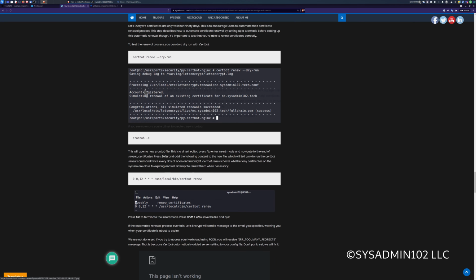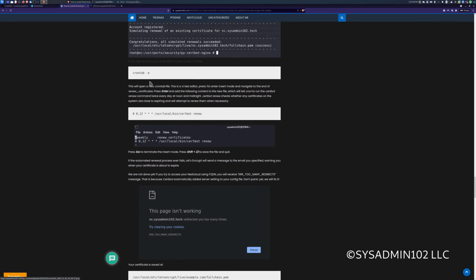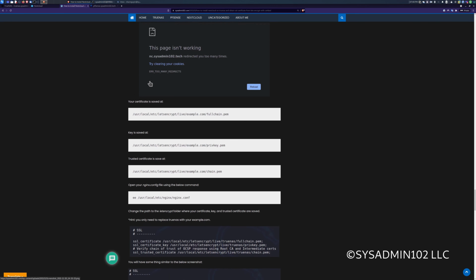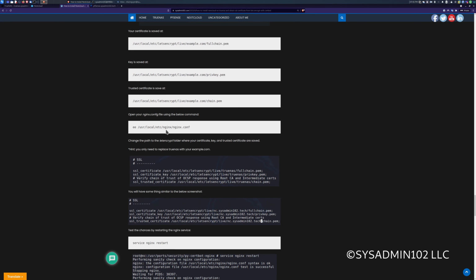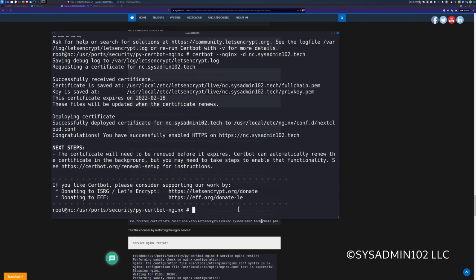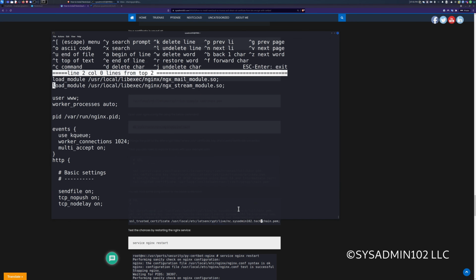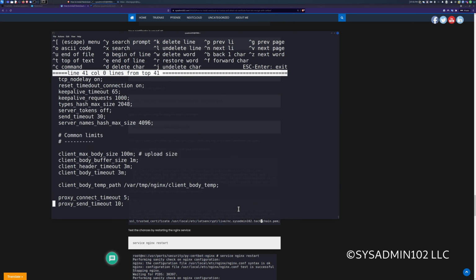We can skip the renew portion. We can go back to that later. All right, so we need to use the command ee again to edit the nginx config file. Go down and copy it. And I'm going to head down to the SSL certificate.